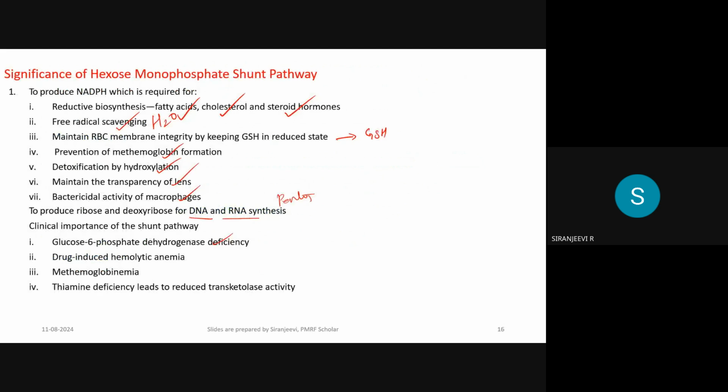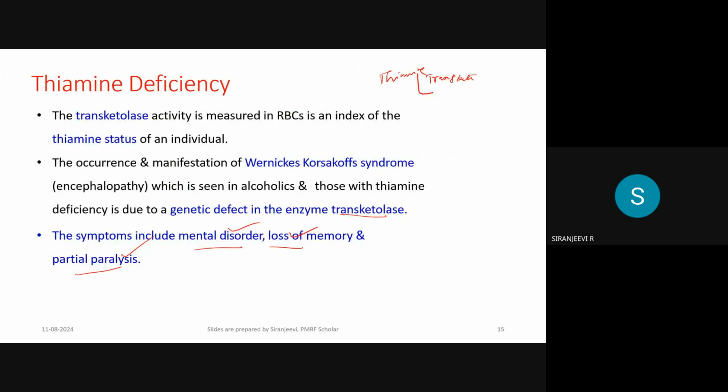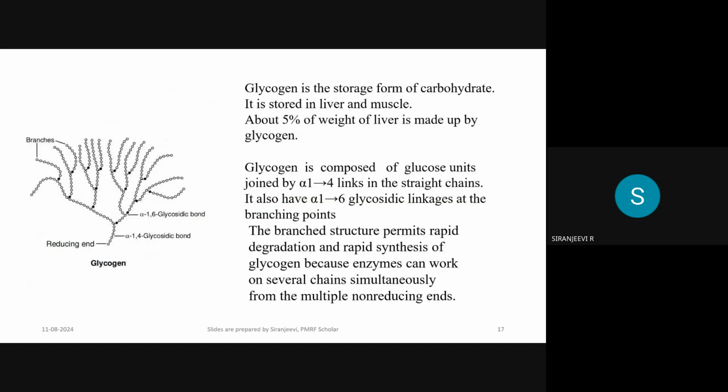So far we have seen what the HMP shunt pathway is and why it is really important in the biological system. It leads to the integrity and maintenance of the cell, and sometimes detoxification is needed. NADPH and the biologically important molecules like RNA and DNA require pentoses that come from the HMP shunt pathway. Okay, we'll get into the next set of topics called glycogen synthesis